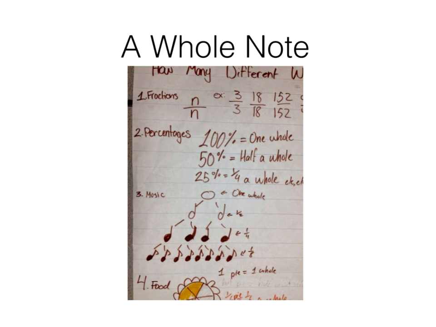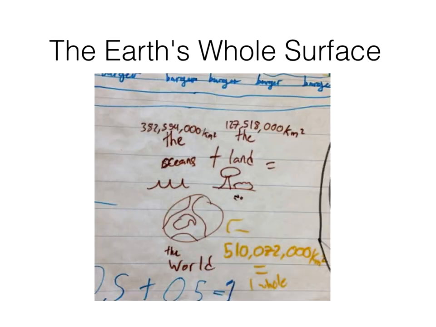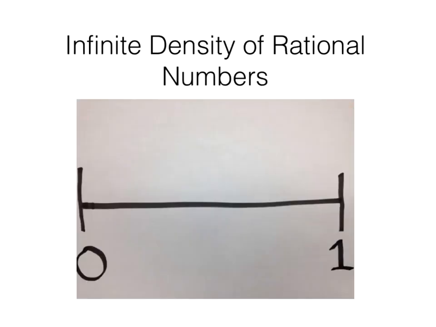Food, and we always get fractions of food. So the whole matters. Oh, this was the world being land and sea on its surface. I simplified that one because they just wanted to look up that information and do a little comparison. So one whole being this number of square kilometers. I thought that was interesting. And we could indeed express these weirdish numbers as a fraction. Maybe we'd round them.